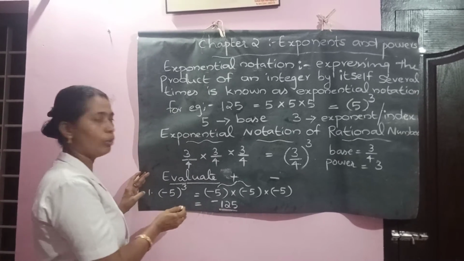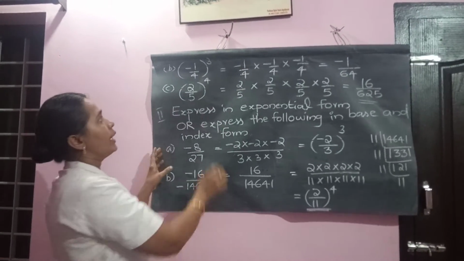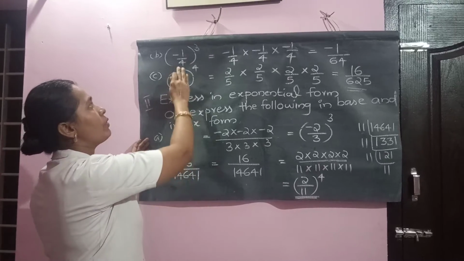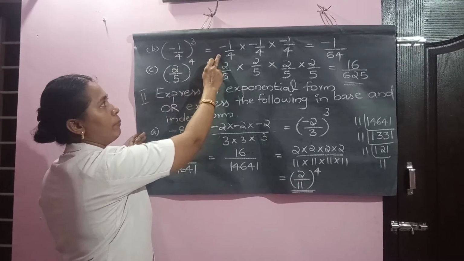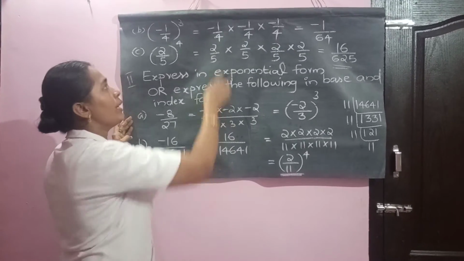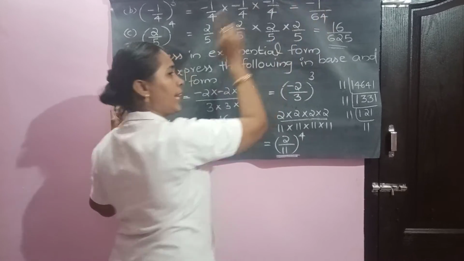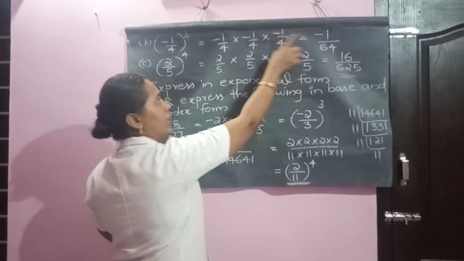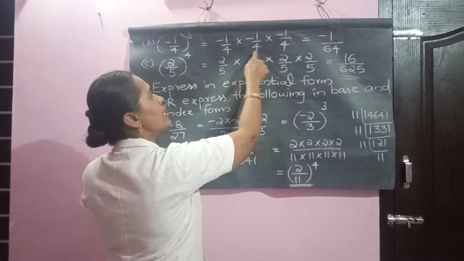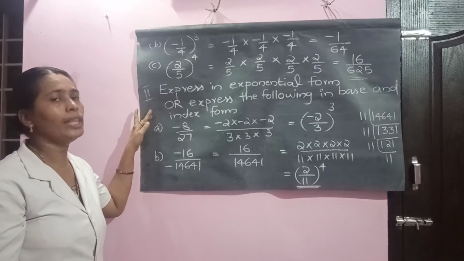Okay. Let us move to the other question. Let us continue with our second question. Negative 1 by 4 power 3. First you write which way we can express it. Negative 1 by 4 into negative 1 by 4 into negative 1 by 4, 3 times. So you multiply all the numerators. 1 into 1 into 1, 1. Same as the previous one, 3 negative signs, so the result is negative. And multiply 4 into 4, 16. 16 into 4 is 64. So the value is minus 1 by 64.